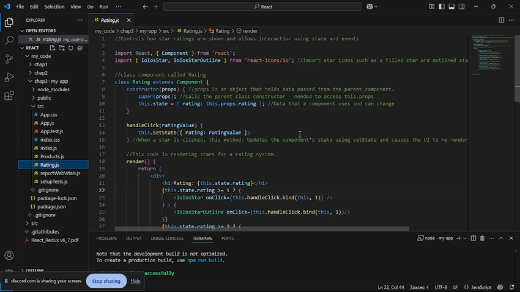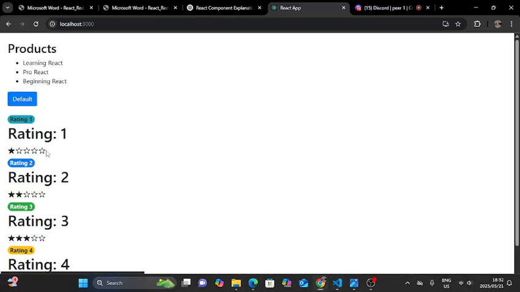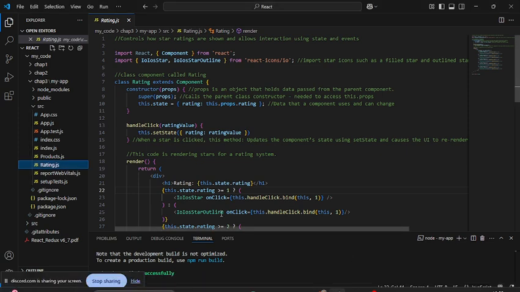So it's going to handle the changes based off the clicks that we make on the stars. As we can see, when we make these different clicks, these different changes take place, which are the ratings being changed. That's what this component handles. So firstly